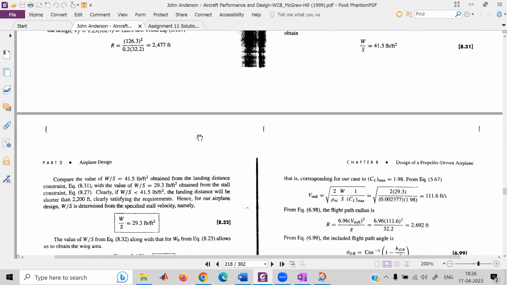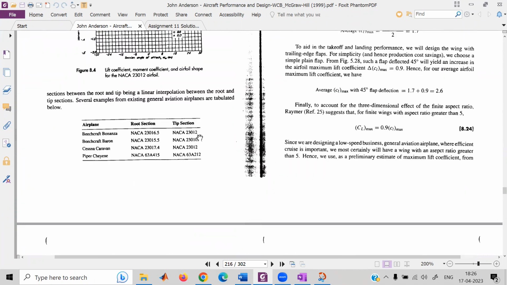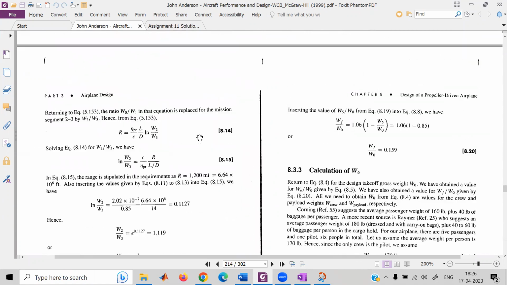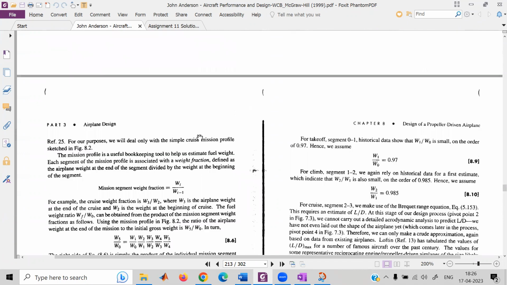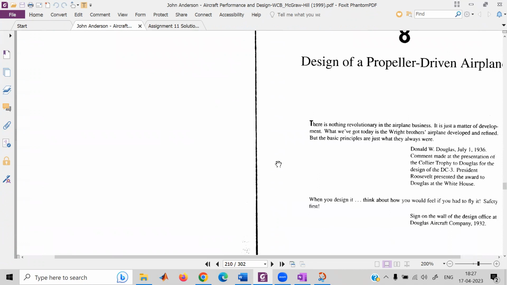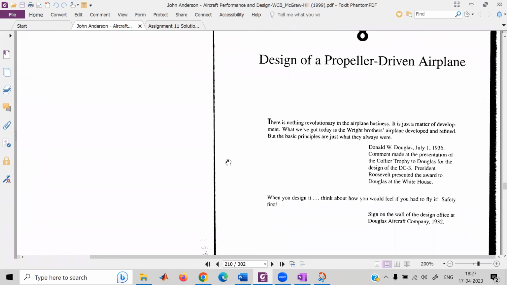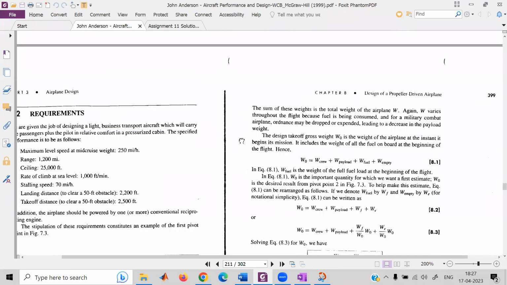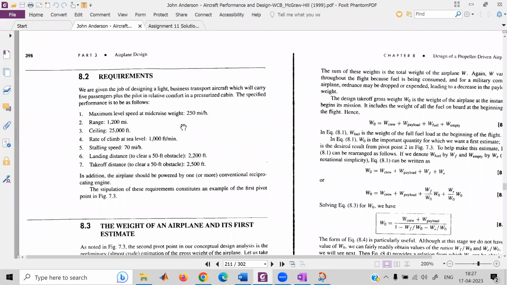So for everyone's clarity, I'll just repeat what we have done so far. We want to complete chapter 8 basically. Someone has done a very good job writing this chapter for us, John D. Anderson. The chapter is design of a propeller driven airplane. For this particular aircraft, we are given certain requirements: level speed, range, ceiling, rate of climb, stalling speed, landing and takeoff distance. So we are supposed to